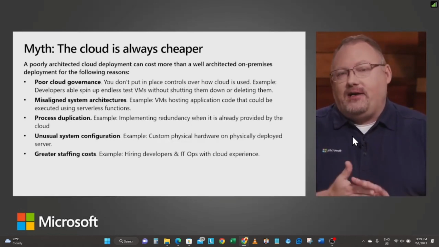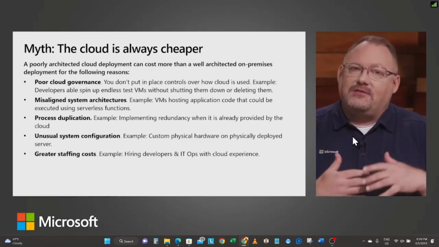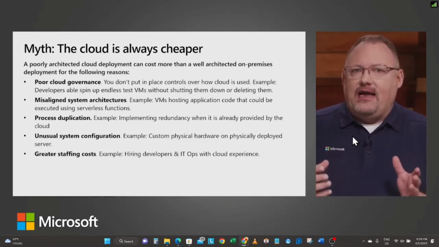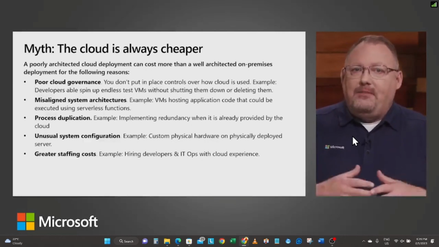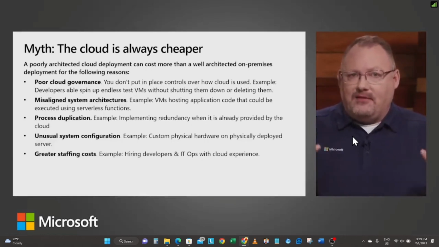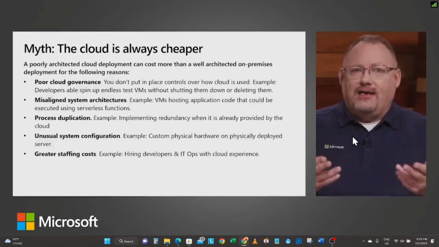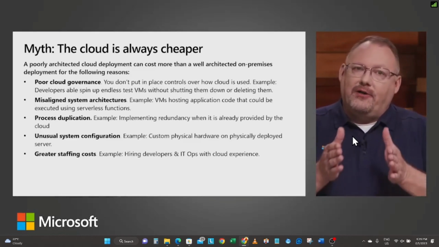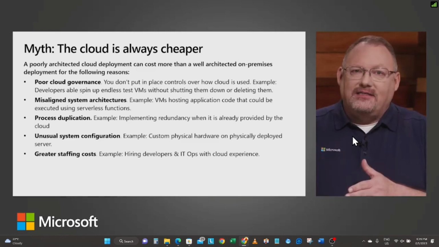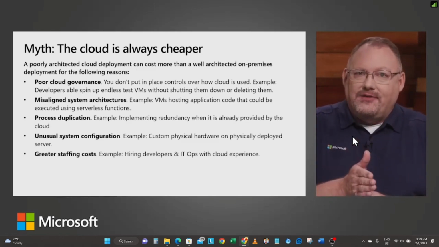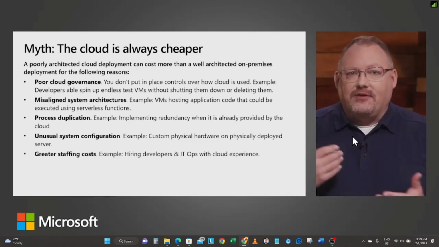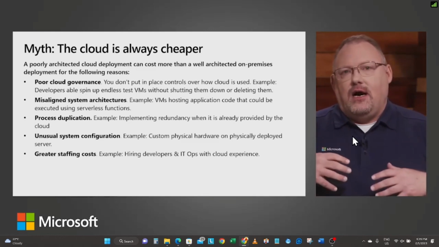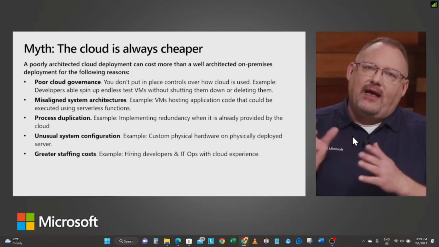One of my favorite stories, we had customers that were like this, especially early in the days. And this particular customer, when we looked at how they were using Azure, they had over 1,000 different VMs they were putting inside the cloud. Well, we came in with some simple governance technologies. We came in using hybrid licensing models as well, to save on that licensing benefit inside of Azure. And that same customer, because they put a little governance in after the fact, saved about $300,000 a year. So initially it was more expensive because they didn't have any governance. So governance is important. Having your architecture aligned. So when we take a look at this, when we're aligning those applications, do we move the VM hosting the code?